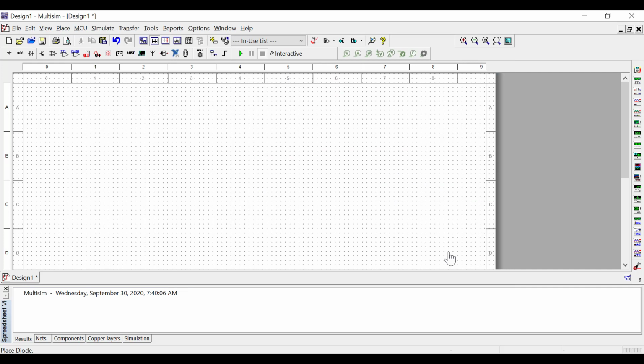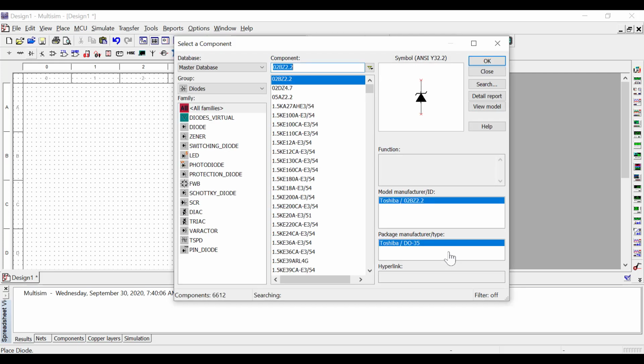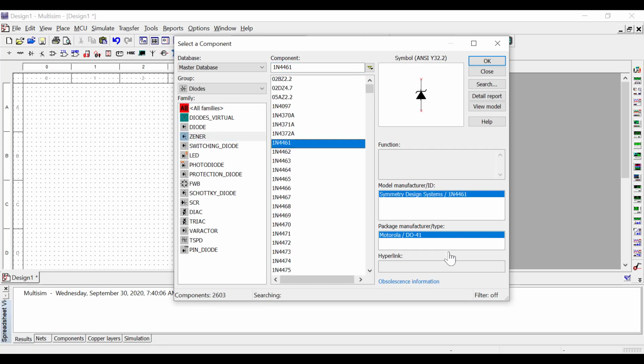Now go to the diode symbol where you are going to place different diodes. You can see here varactor diode, PIN diode, LED, photodiode, Zener diode. So all the diodes with their specifications. You can see here these are commercially available diodes. That's why there is a special number given for each diode.